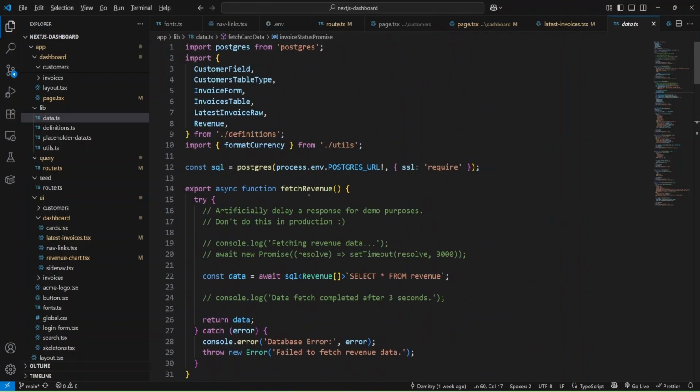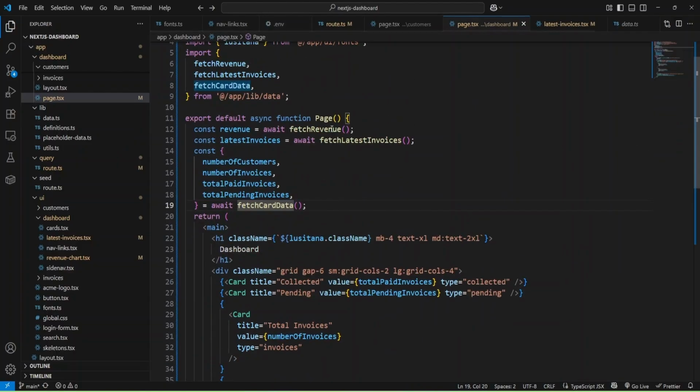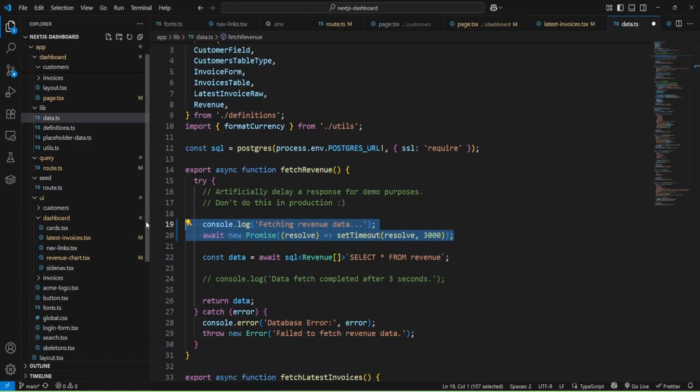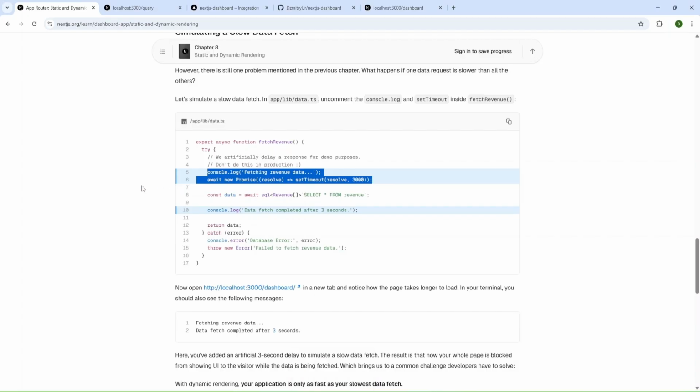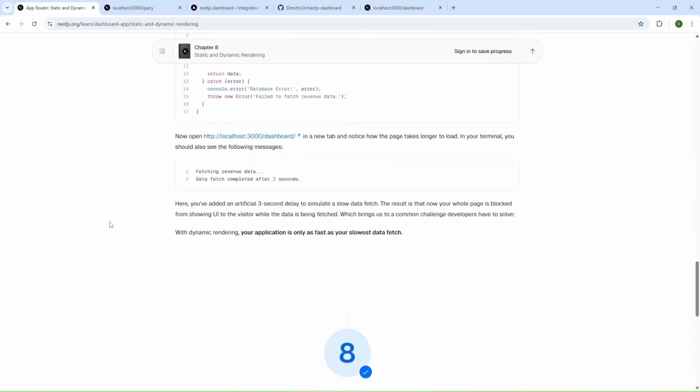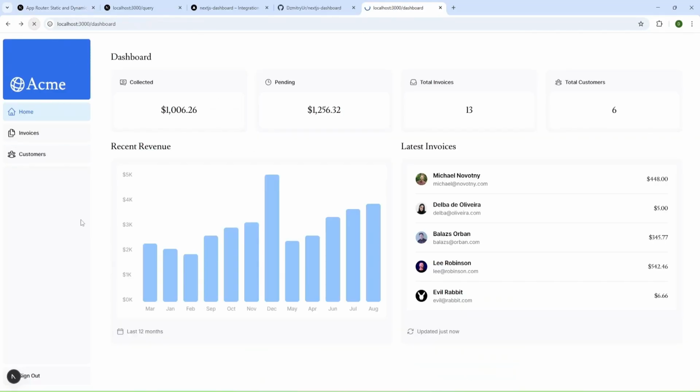Then we need to go to the page and just uncomment this code. Okay, and also here. Okay, and let's check. Now we can go to dashboard.